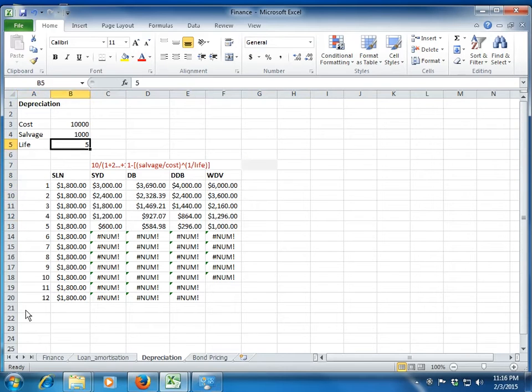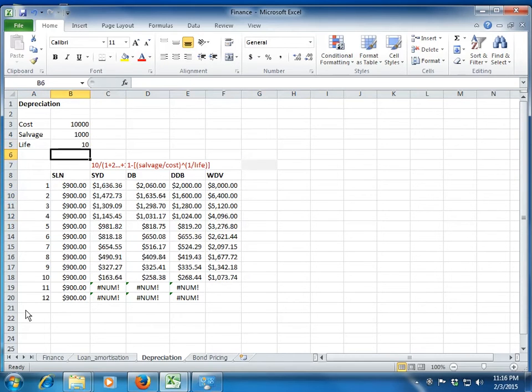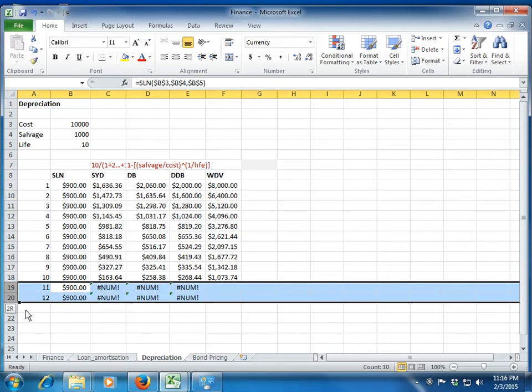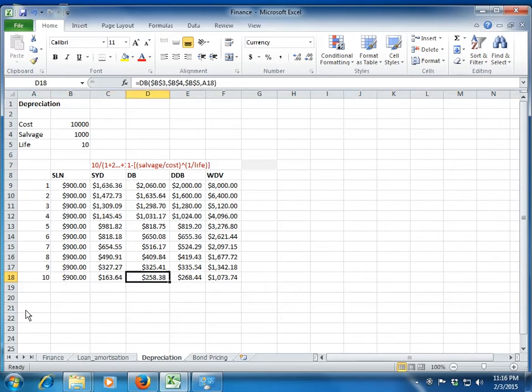Fine. So this is something you need to remember, not only in Excel but also in your practical life. This is how you should deal with the salvage value in case of double declining or WDV method of your depreciation, right? One last thing which I want to show you with respect to the depreciation is that